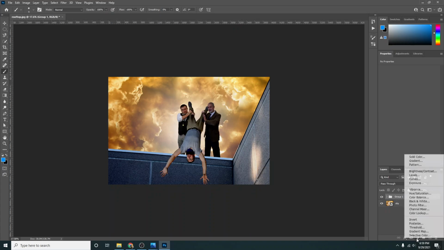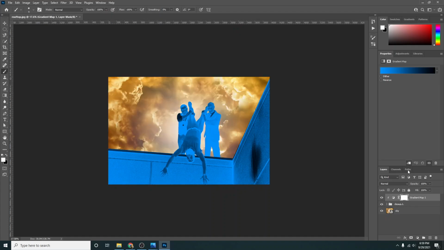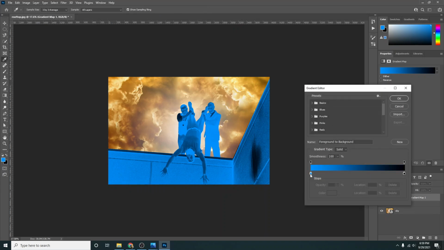So I'm going to create a gradient map, and I'm going to clip it to these guys here, right? So you can see it only affects them. I'm going to make sure I have my gradient map selected, that little half moon icon, and I'm going to hit my little gradient. I'm going to start finding some colors to pop in here. So I'll pop in this right there,